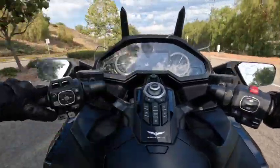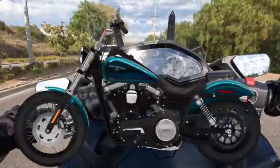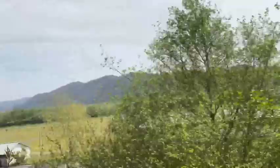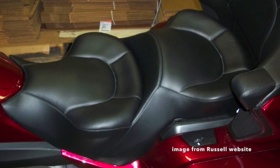While we've been really satisfied with the aftermarket choices we made on our Road King and our Dyna, we've been a little bit overwhelmed and confused when it comes to the Goldwing. So on our never-ending search for the perfect seat, we decided to check out the Russel Day Long seat and